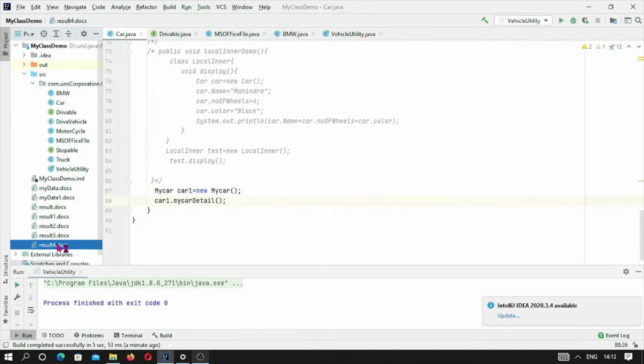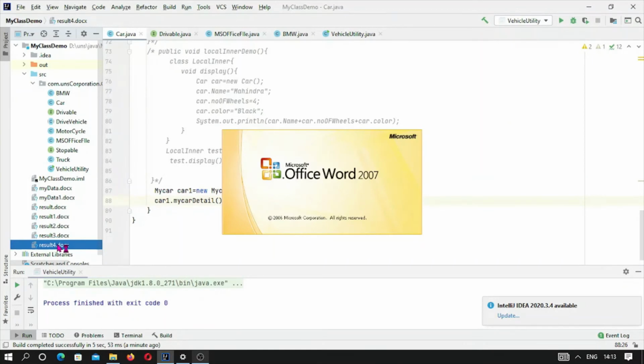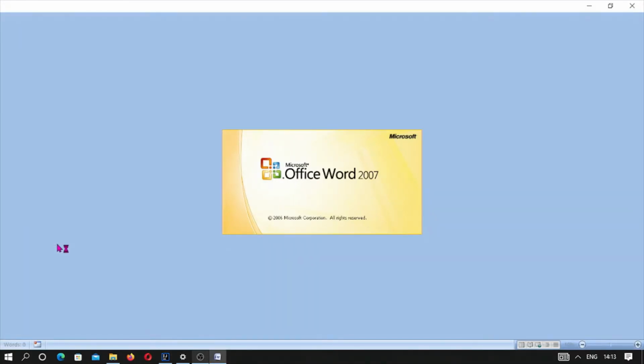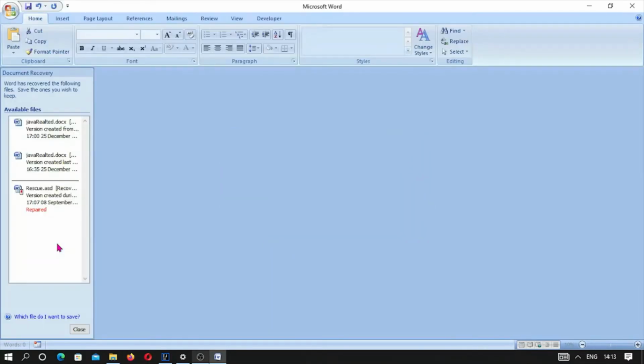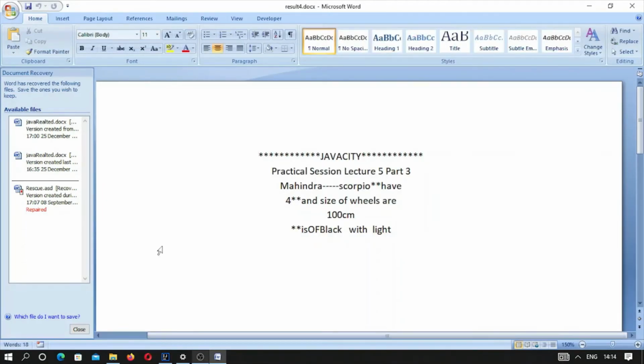So these are the methods by which we can achieve the goals of an inner class, or we can hide the different fields. And when we are going to make big projects, these are the things which need to be understood in depth: a class, static in a class, local method in a class. Many times we have to hide the outer class methods and outer class fields, and we have to call the inner class fields. There are so many things we have to do, and the same result is obtained in another way.